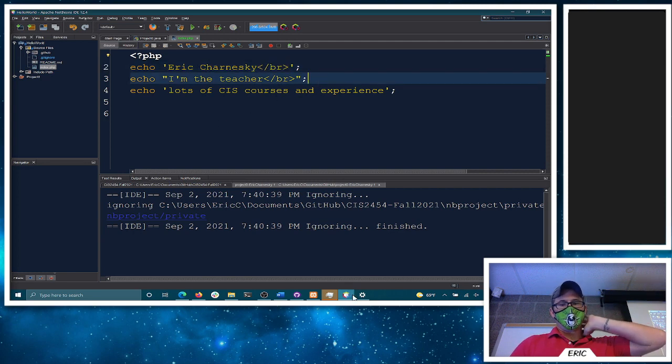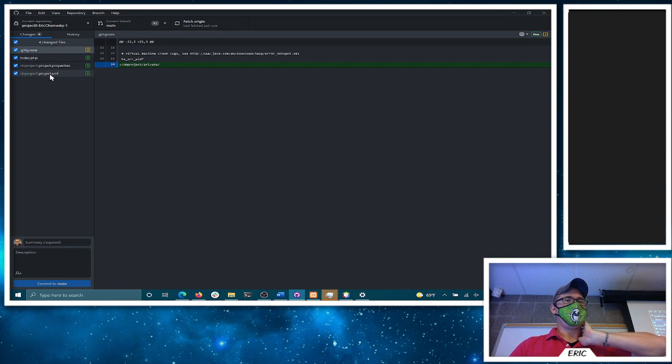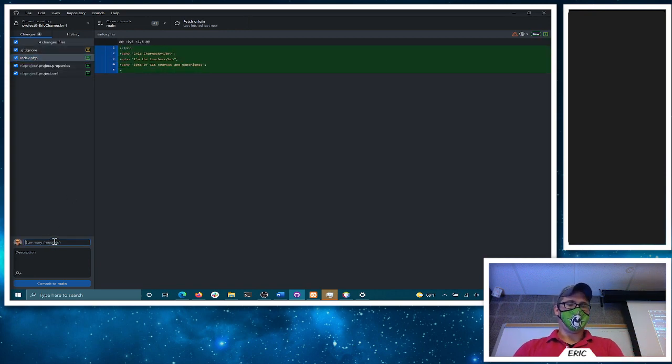So we've got it all here. We're going to come back to our GitHub client, and it should say, hey, there's some new stuff here. Make sure you can see your index file that we made. Give it a commit summary. Like this is hello, or project 0 done, right? Project 0 done. We'll say commit